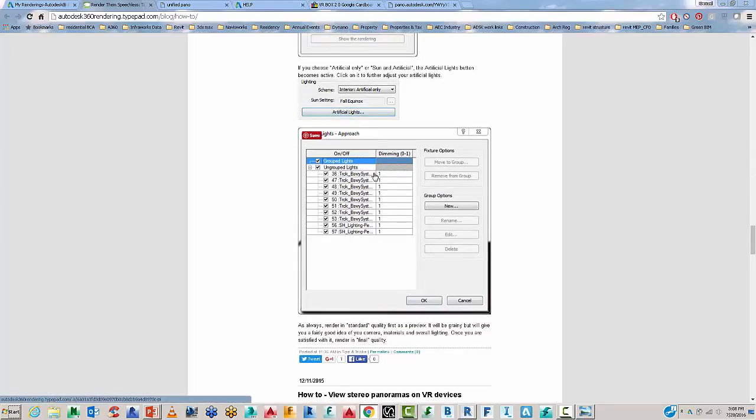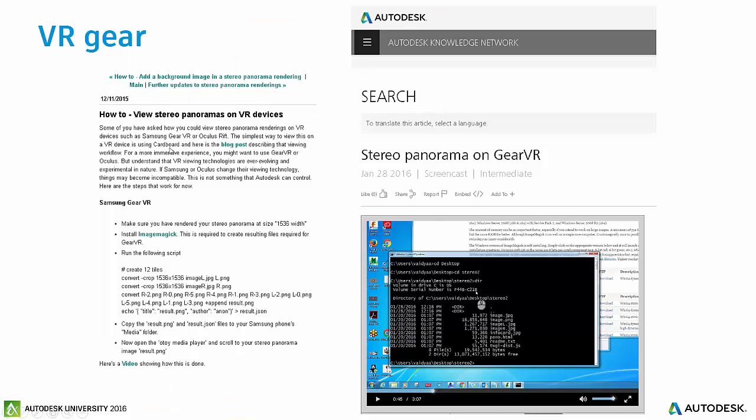Again, it's talking about the lights, what I was showing in that previous model. And there is one here called How to View Stereo Panoramas on VR Devices. And if you want to go a little bit further, there's the Gear VR setup, more advanced ways of gearing it inside of your